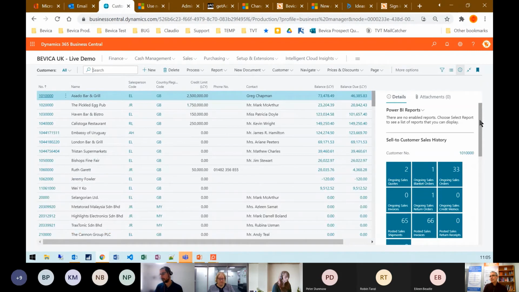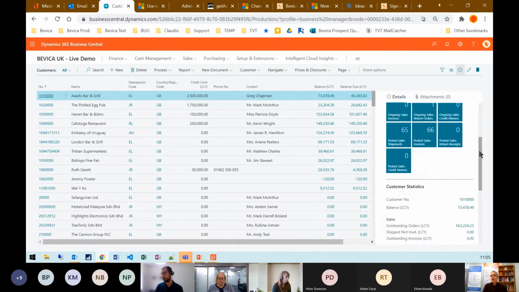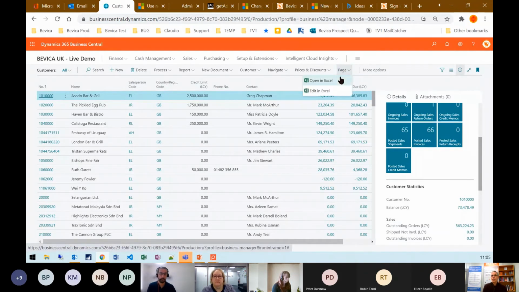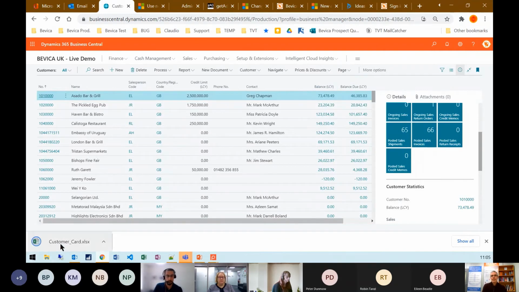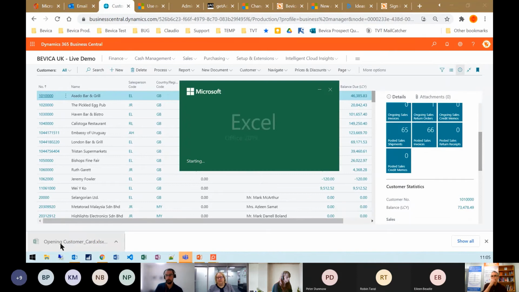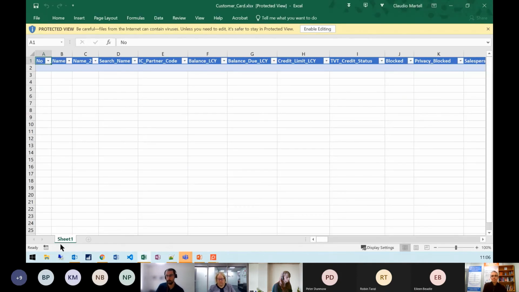Fact box is on the side, as before. One nice feature that works very well in SaaS is the edit in Excel. So you've got your standard open in Excel, which would push out everything I can see directly into Excel. But the edit in Excel links the Excel spreadsheet directly back into Business Central. So if I open that up,